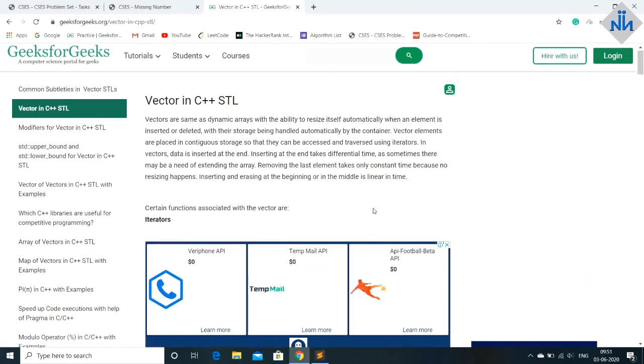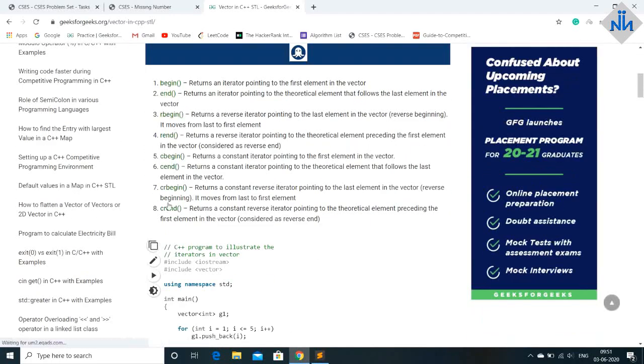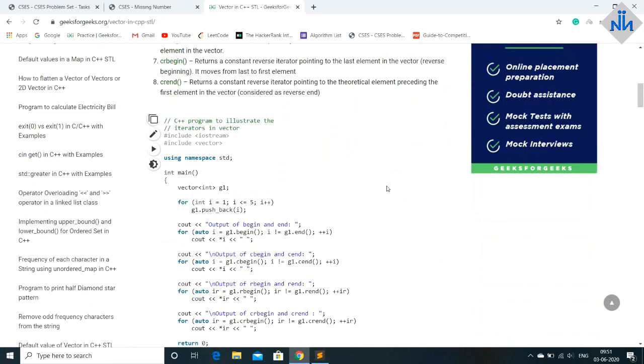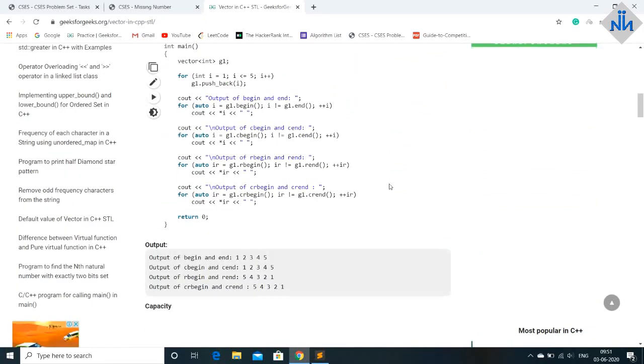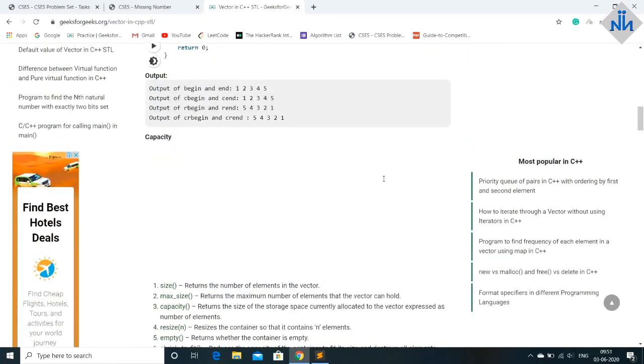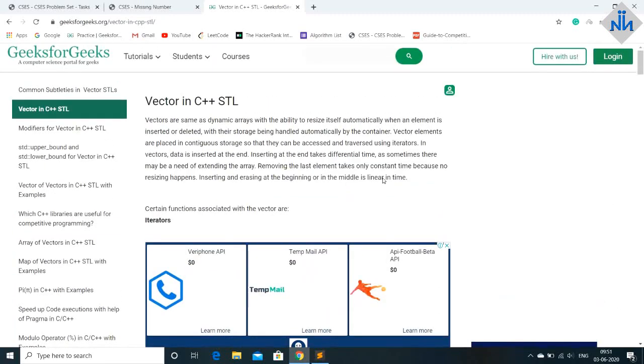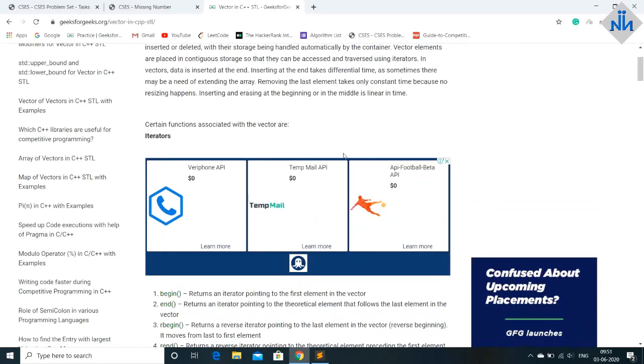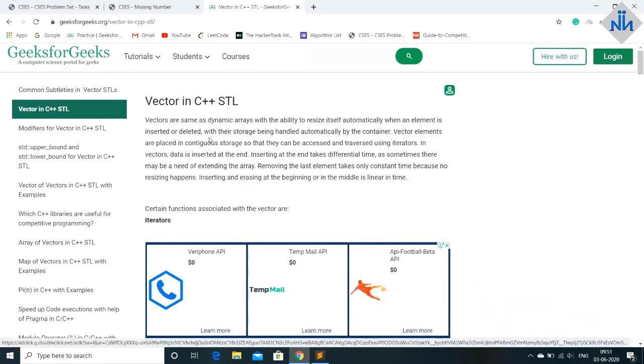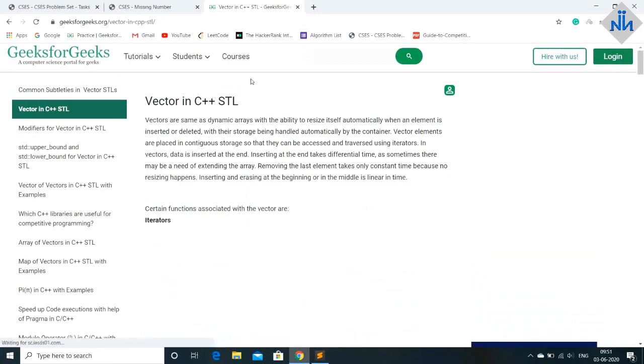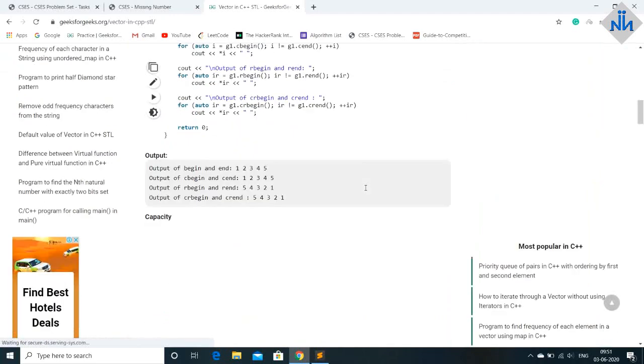Everything about vectors and all the iterators that you need is given over here. Just looking at it, you can understand it's nothing very big. This is what I refer to when I need to know about some STL, or I forget some syntax. So you can do that as well. Whatever STL you need, just type it in and you'll get it.